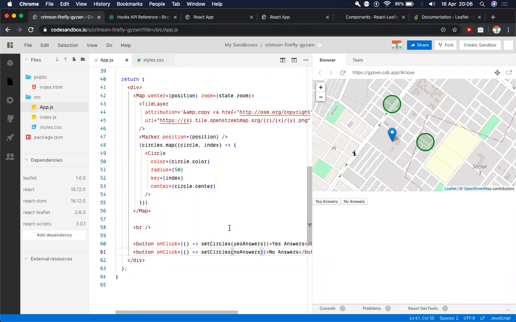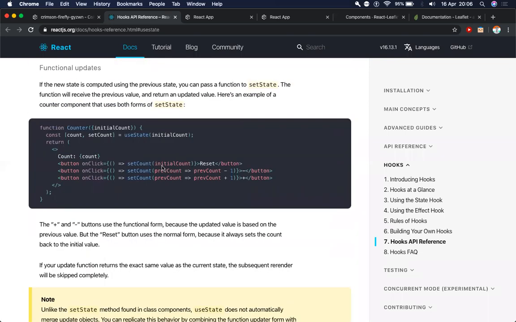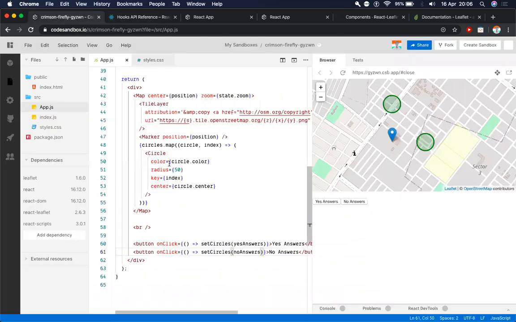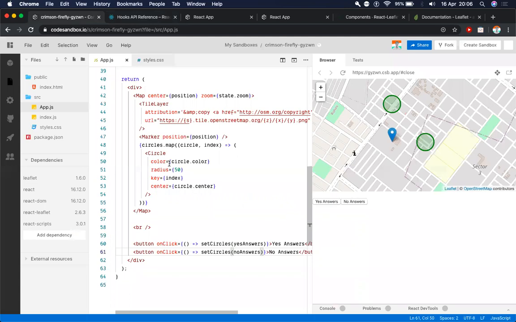So this is not really difficult to understand, but people feel that going through the documentation is a difficult thing. And so people generally avoid learning new things. So that's not what you should do. You should always go through the documentation, look up the basic things, see what examples they've built, and try to implement them yourselves to learn new things. So this was the state hook. You are on your way to becoming a React professional. This is one of the first things that you need to know to code React on a larger scale.